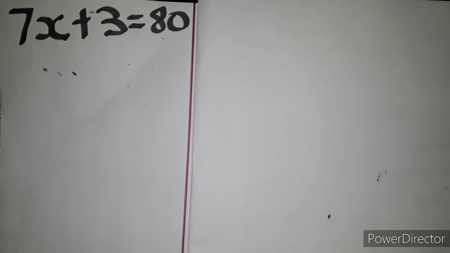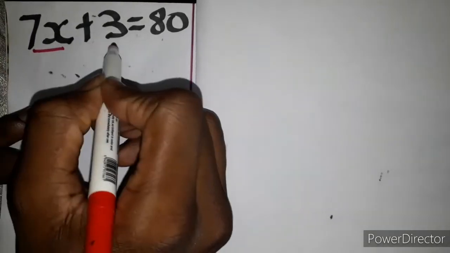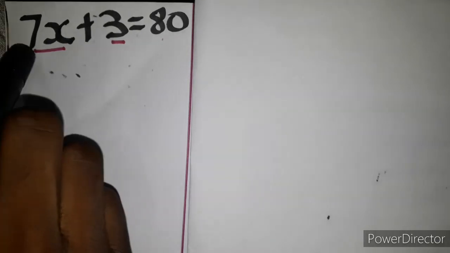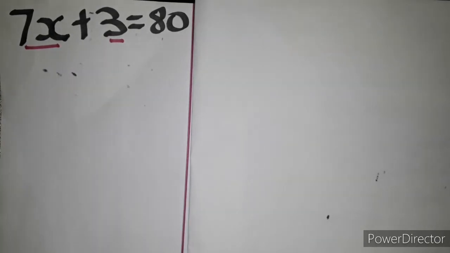Now a question that would normally puzzle students is to decide which one of these terms we will take over for us. That is a big question as most secondary school children will ask. Which one do we take over for us? Do we take over the 7 or do we take over the 3? Now to answer that question, the term that you will take over is the term that is doing something